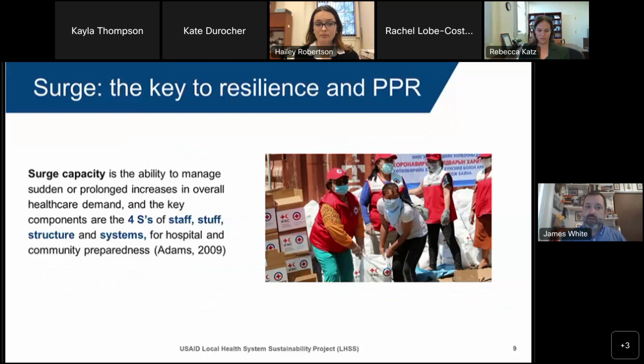So we need the staff, we need the stuff, we need the structures and the systems and best practices available to us to appropriately put forward a surge response, but also for it to be successful. So with that in mind, an increasingly complex world, the need for resilience and the need for tools that can